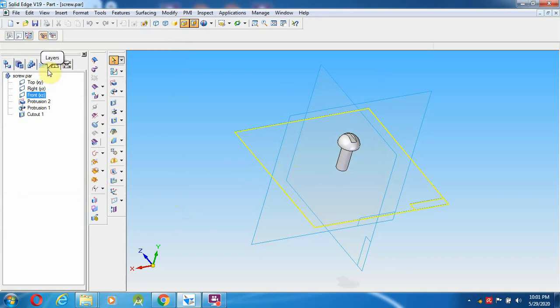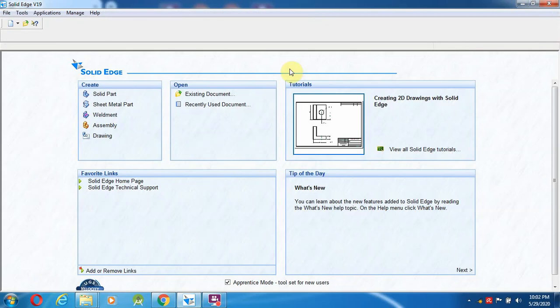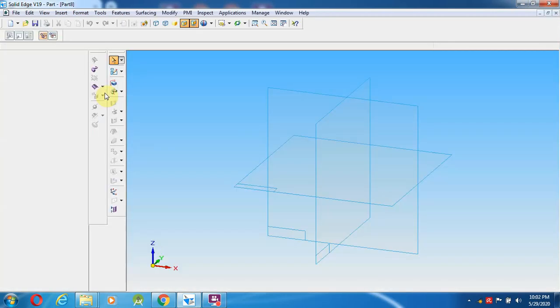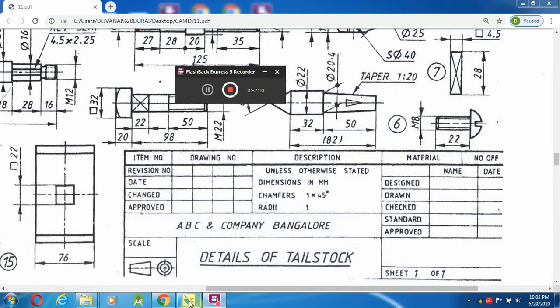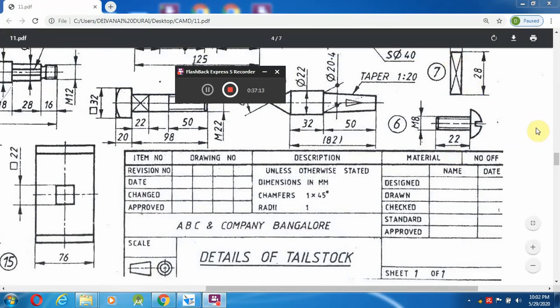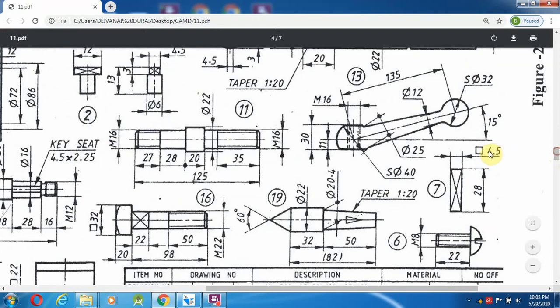Then come and draw the next one, the 7th part, that is the feather key. We are going to draw it in the 7th part. Then solid part, select protrusion, front view. The feather key will be 28 mm long and a square of 4.5 mm each.